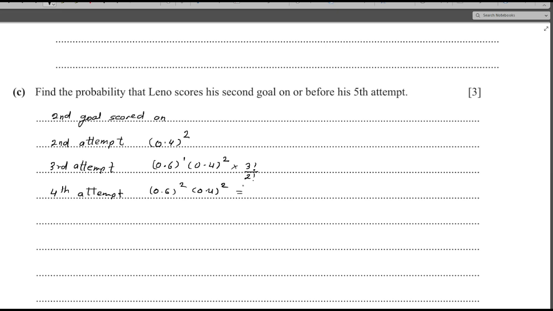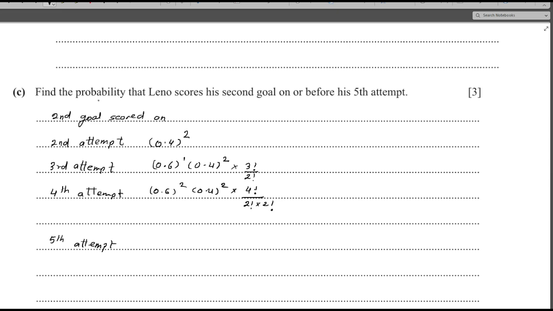Now 2 terms of 0.6 and 2 terms of 0.4 can be arranged in 4 factorial divided by 2 factorial times 2 factorial ways. So this is 4 factorial divided by 2 factorial times 2 factorial. And on the fifth attempt,